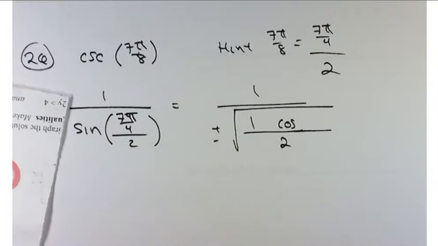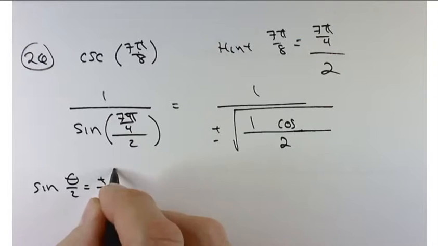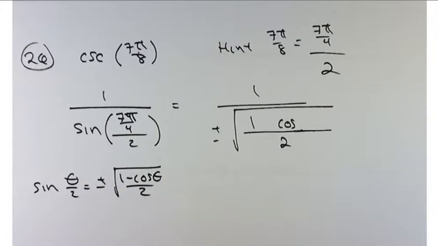Alright, people are scrambling back, looking back at their notes. Where's that cosine formula? Where's that sine half angle formula? So, in case you're looking for it, here it is. Sine of theta over 2 is plus or minus the square root of 1 minus cosine of theta over 2. So, that one should be memorized,